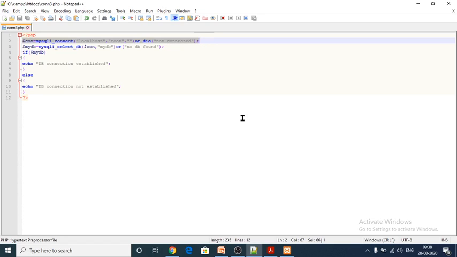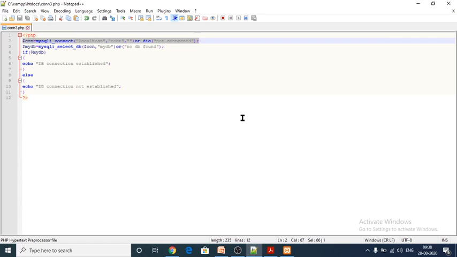In your book they have given the server name, we have to specify the server name. Next one, username. In the username you have to give the username that you have given for your database. Next one is password. If you want to give any password, you can give it. Next one is DB name, for which database you have to create a connection, that should be given here. Next one is performing queries.